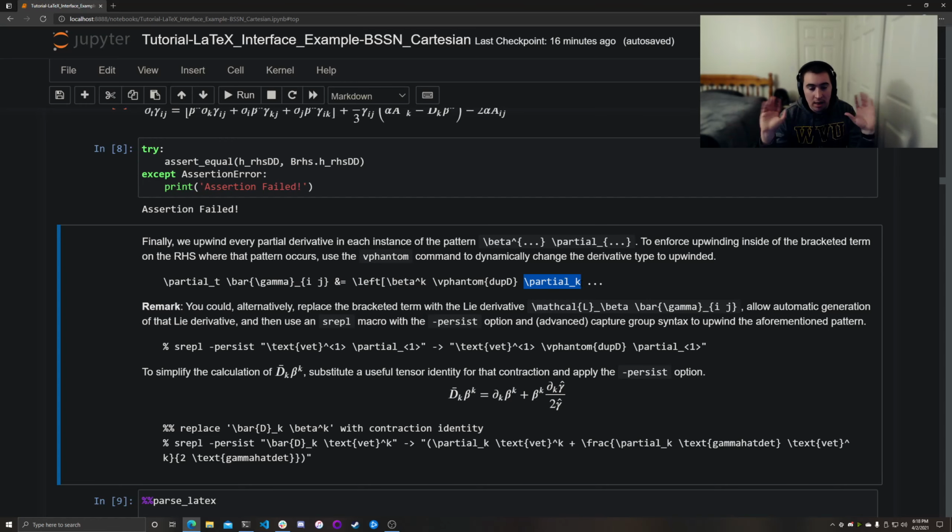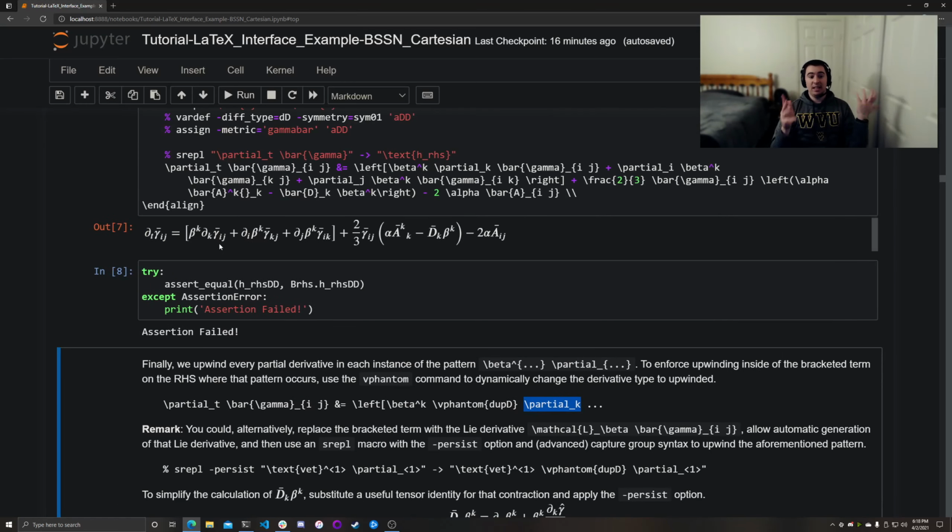Now, something to note, and this is more advanced, so we don't have to do it, but I'll mention it anyway. This bracketed term is the Lie derivative of gamma bar with respect to beta. Now, I've pasted that in here for all the equations we're going to go through today so that I could show putting in the vphantom command. However, if you wanted to compact that and just use the symbol right here, which is for the Lie derivative, you could just put that in there instead of the bracketed term and allow the parser to automatically generate the Lie derivative for you. However, that means you have to use srepl to replace that pattern with the upwinded version,